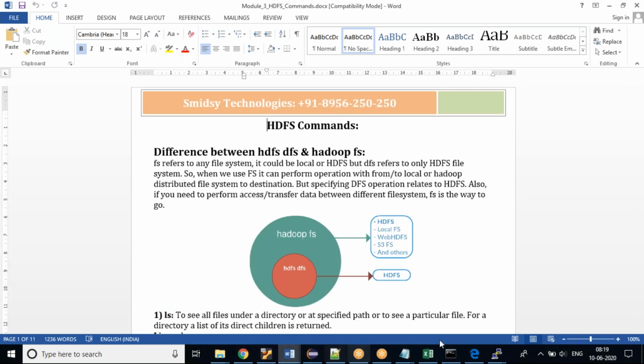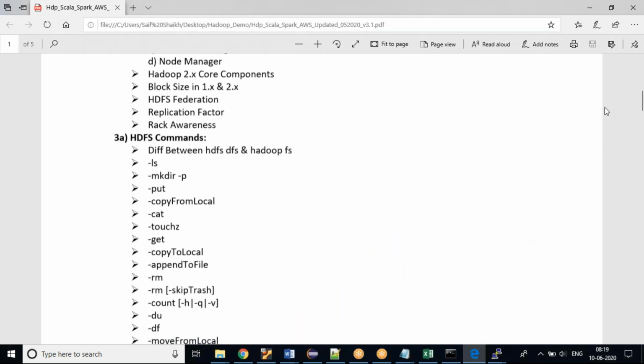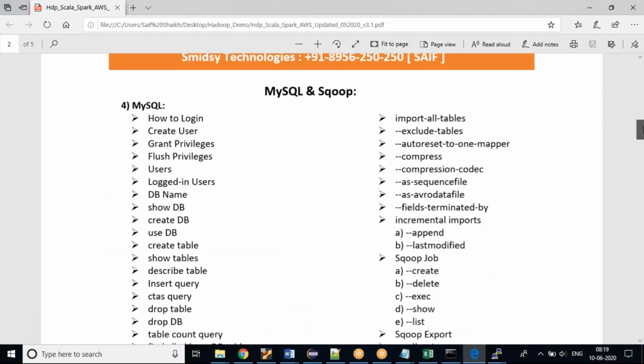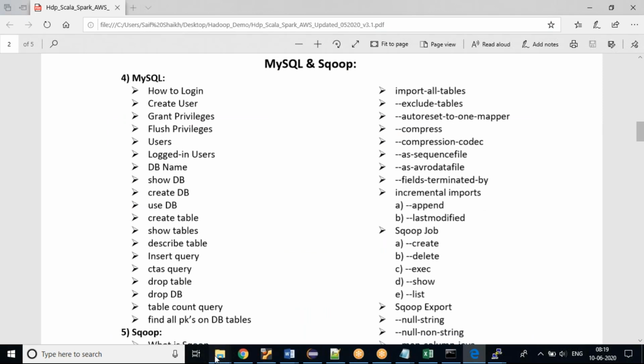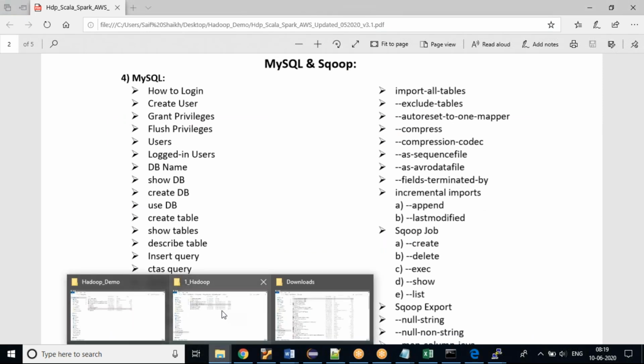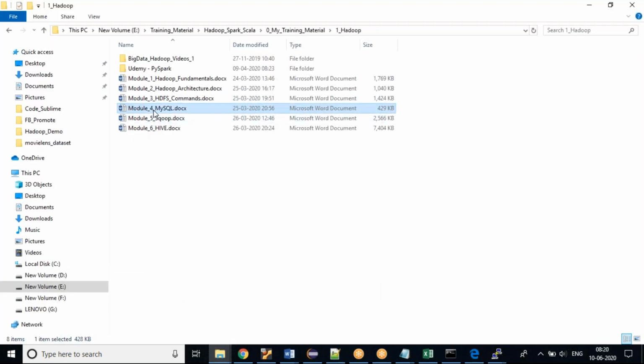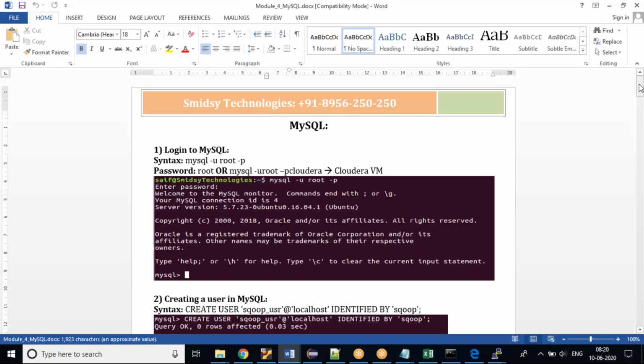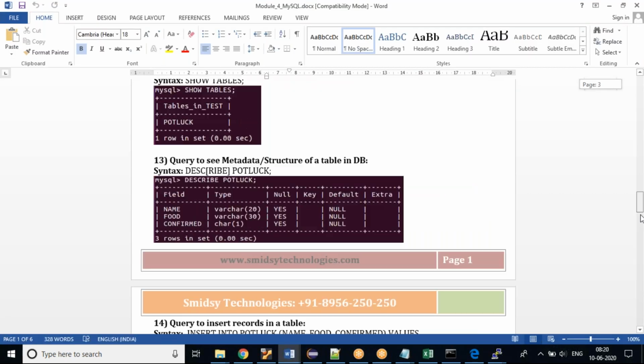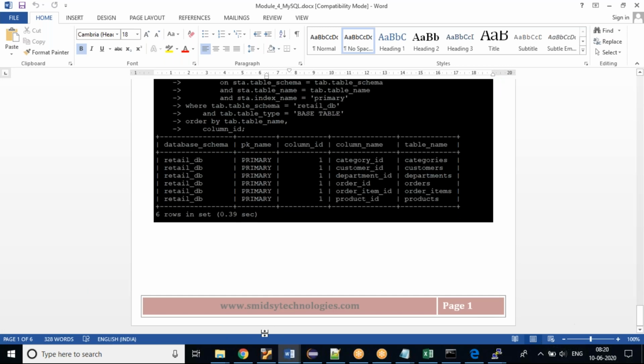Once we finish these HDFS commands, we would move to the next thing, which is MySQL. MySQL is just your SQL kind of thing if you know it, but still we need to know some commands to write. I've already written those commands, and we should be able to do that.